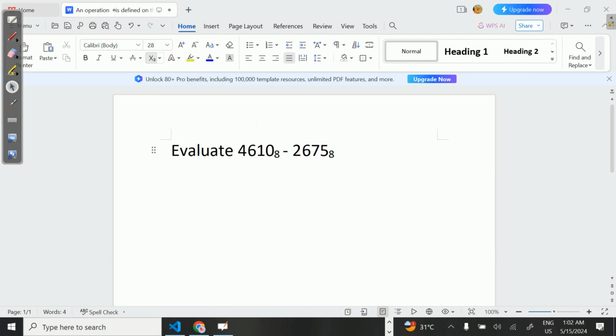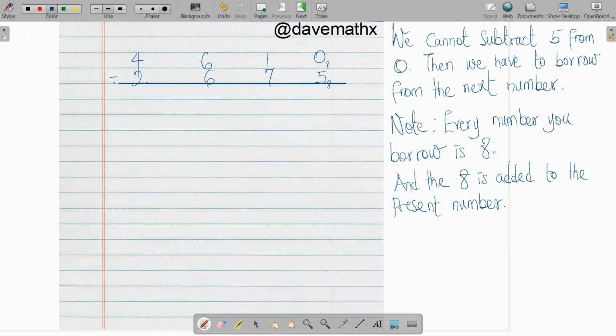This base 8 question will be solved by me, so please take your time and see my process. First, we must comprehend that each number borrowed will have an equal to the base. 5 can't be subtracted from 0, so we borrow from 1. Note that the number borrowed would be 8 since we're in base 8, then we can write 8 minus 5,